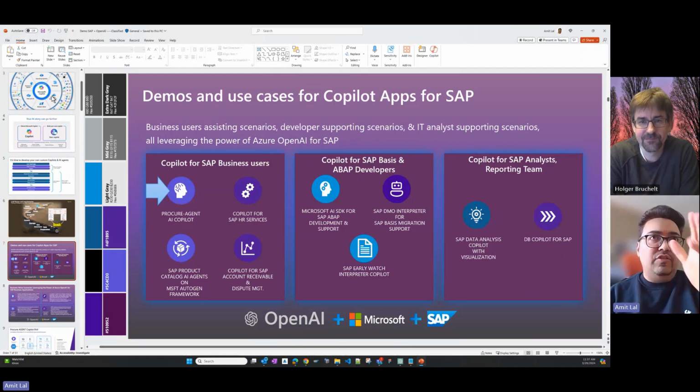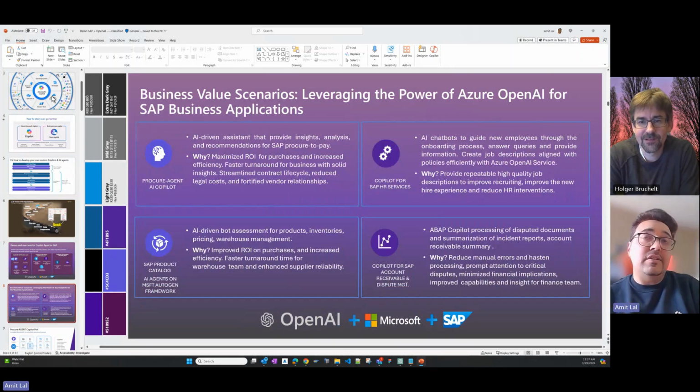I'll show you at a very high level. And of course, there are business benefits to why we are running this. It actually helps to speed up your process. Just as an example, with Copilot for SAP HR, you can write a job description quickly, which used to take a day or two. Of course, it answers job queries automatically and gives policy-driven answers on whether the policies are compliant for new candidates. So those are the things where AI is always coming as a helping hand.